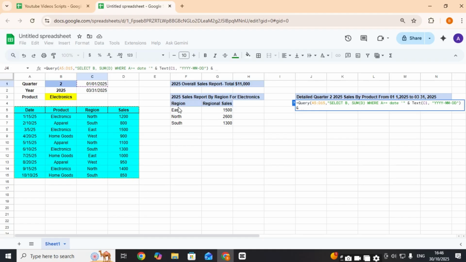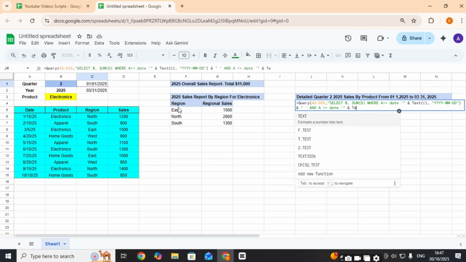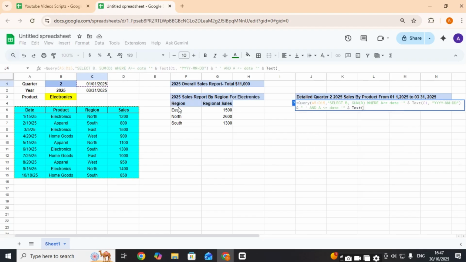and A is less than equal to date, single inverted commas, double inverted commas, and text, which will be our end date with the format dash month, date, inverted commas close. Then we'll concatenate it with